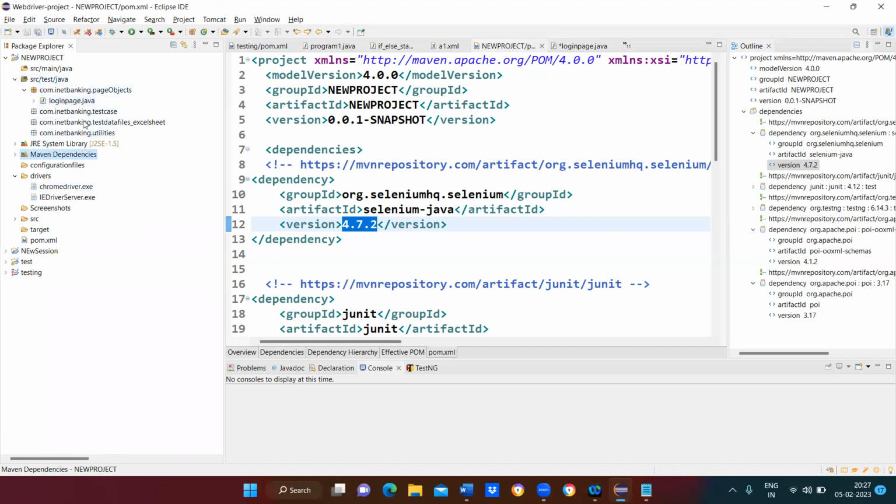Before creating the folders in this Maven project, there are two folders present in the Maven dependencies. One is src main Java and the other one is src test Java. What is the difference between these two? Src main Java is used by the developers, where they write the basic code for the required function of the application. The second one, src test Java, is a folder where the tester can create the scripts,